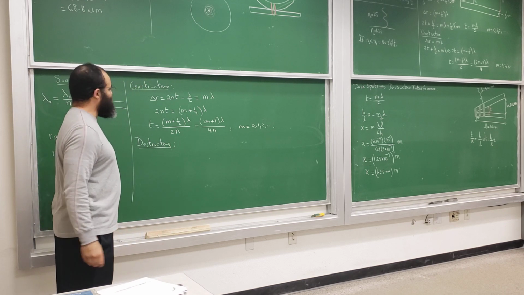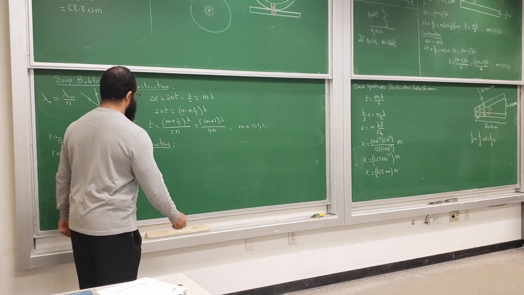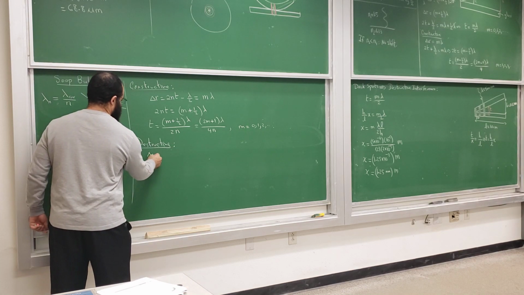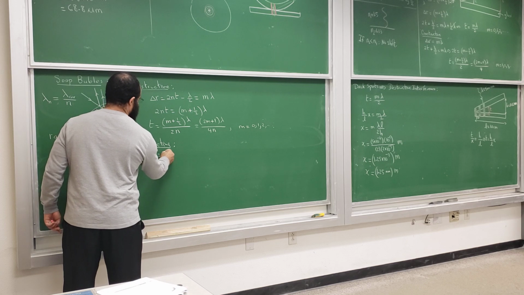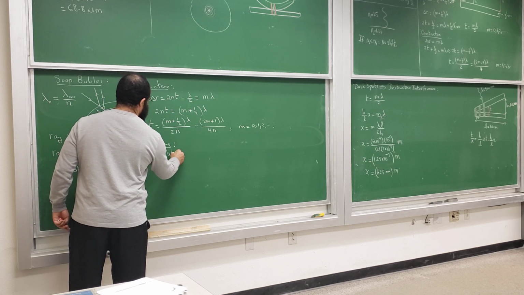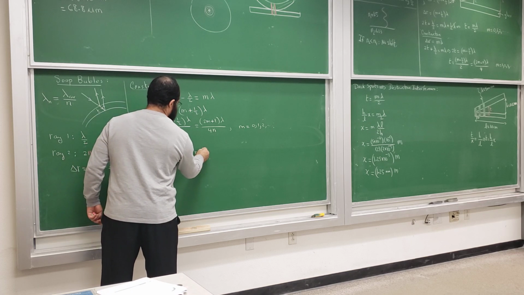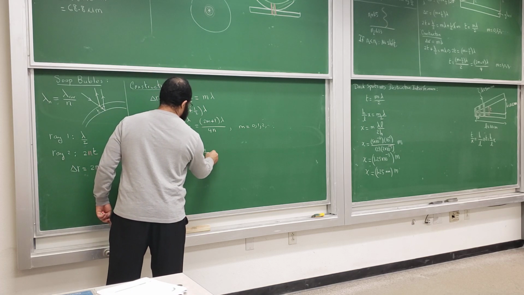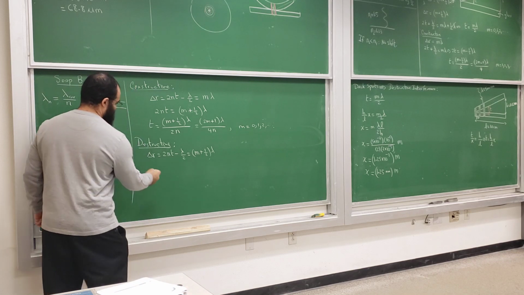I think you know the drill. What do we do? Delta R, which is this, equals to what? Delta R, which is 2nt minus lambda over 2, is equal to m plus 1/2 times lambda, right? And then you get